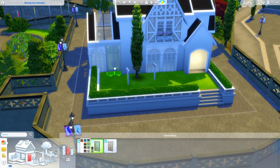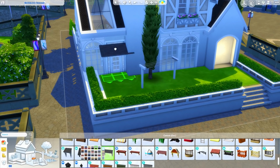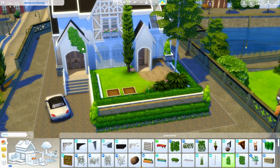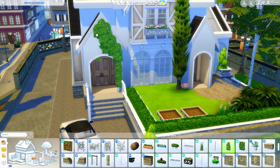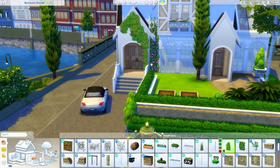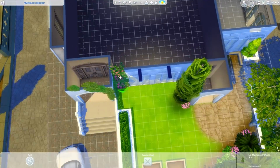But anyway, I talked over the landscaping like I said I would. I really like how I made these borders, or containing walls, and have the grass up higher. It made sense for me in this setting to do it that way, and I just think it came out really cute. I added a lot of greenery growing up the front of the house. I don't think I put any in the back, I just liked it in the front, and I think it's a really cozy house, and I really love the